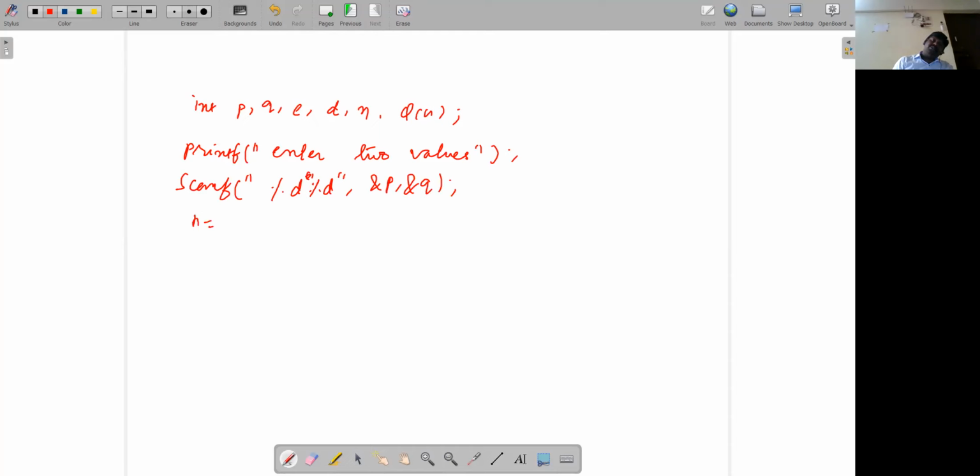you can use pi n which is equal to p minus 1 and then q minus 1. If you want, you can include a check whether the given two values are prime or not. Otherwise you can skip that part and then directly you can select the value E, printf,